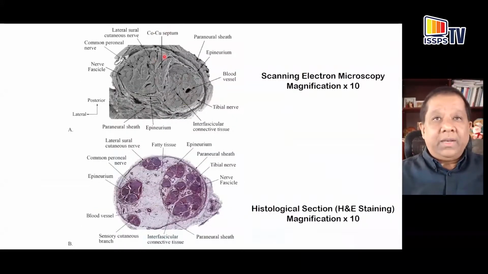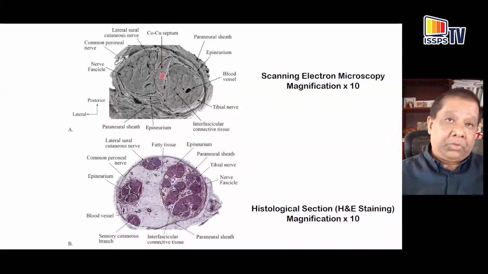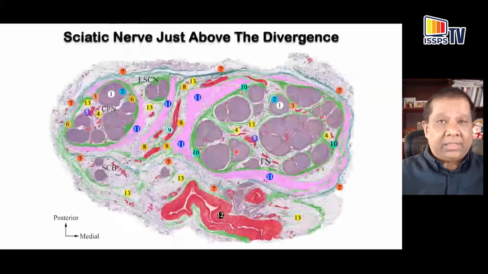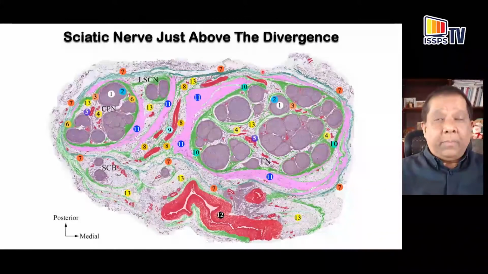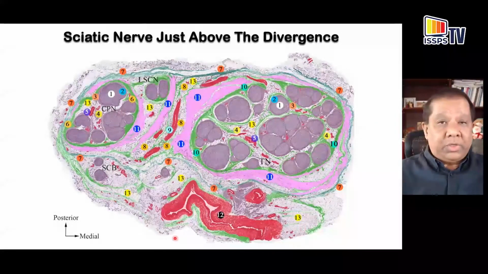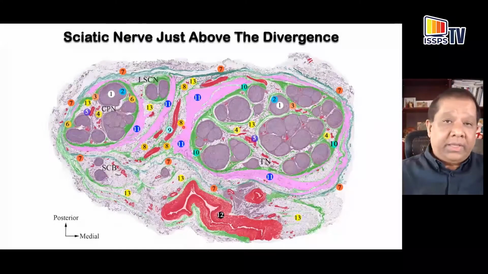And you can see in this scanning electron microscope image, this area is filled with fibrofatty connective tissue, which Dr. Reyna already mentioned to you. And they come together between the two nerves. Often in histological section, it is more difficult to see in the hematoxylin stain. And we compared our ultrasound images with some of these histological sections that Dr. Reyna had in his laboratory, where he had injected the